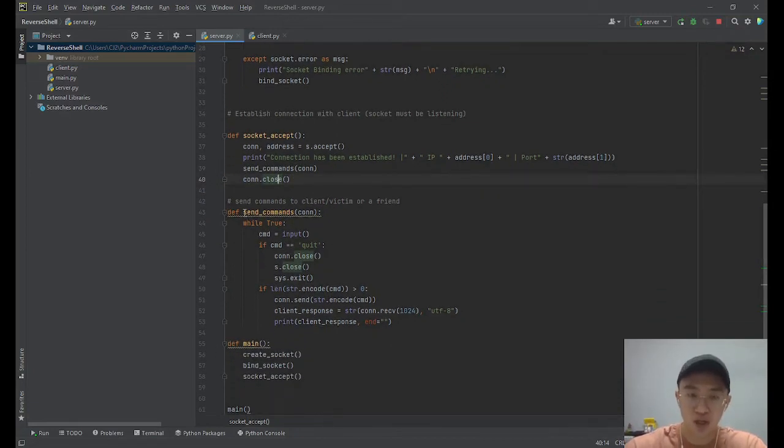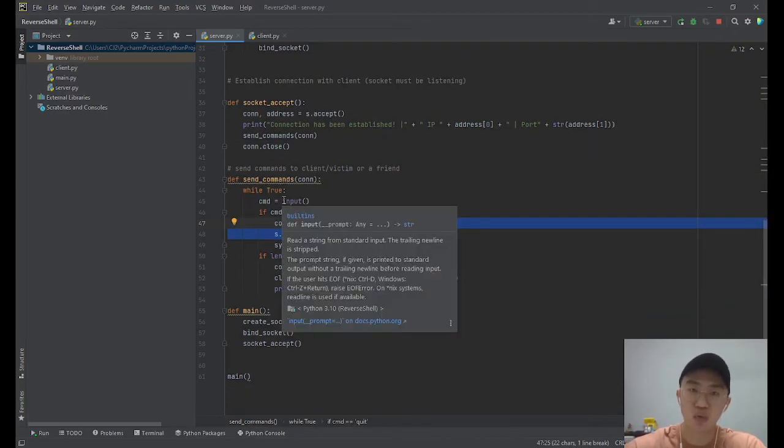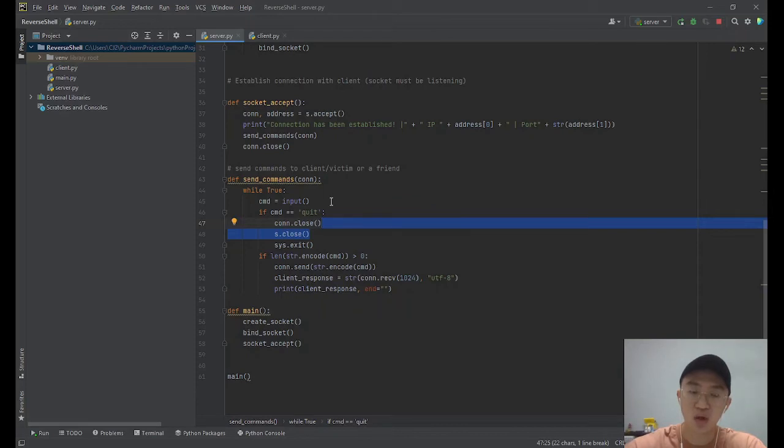So here's the send command function, and because we want to make sure that we are able to type more than one command without this function closing, we need to use an infinite loop, which is while true. This will run infinitely unless we break out of the loop. So while true, command equals input. This is what we type